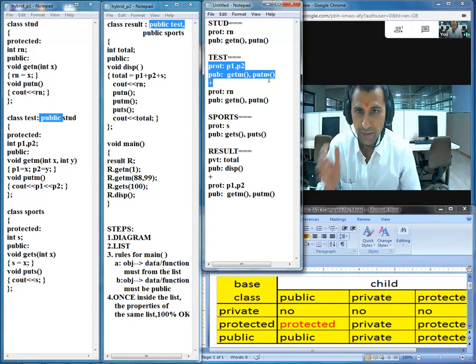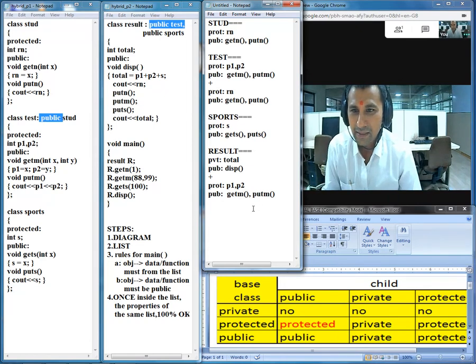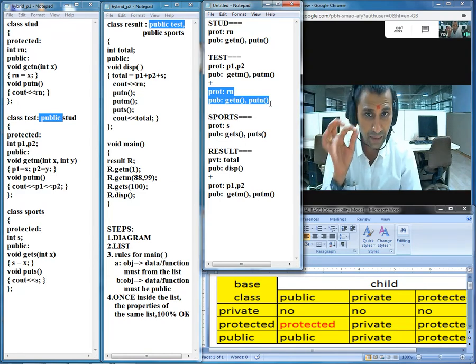Okay, it happens. See the heat of the program, that's making me sweat. Okay, what's next? What is left now? Another part. Don't miss anything at all. That's why I already mentioned that the list has to be very precise and very quick. You are not supposed to miss anything at all.